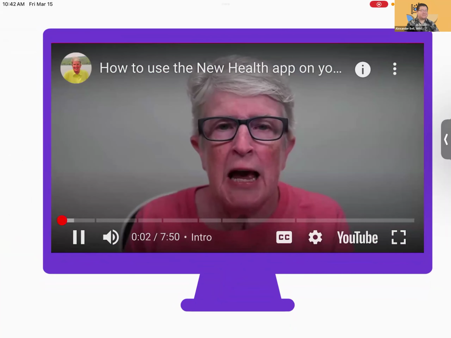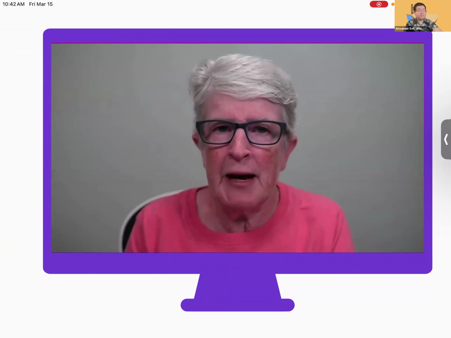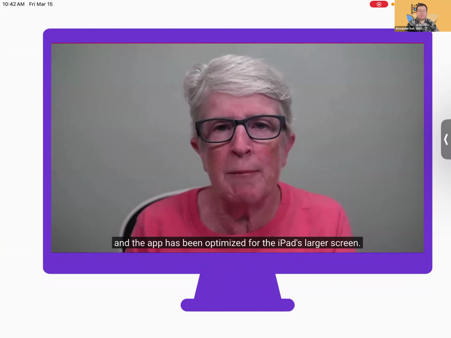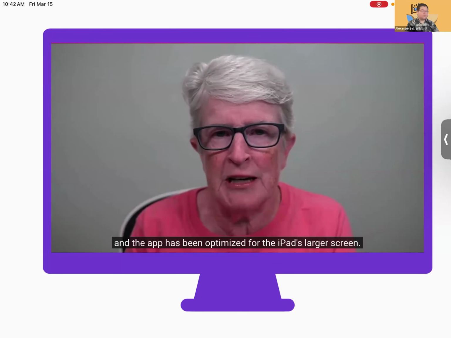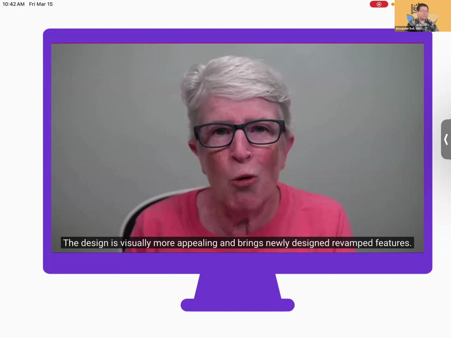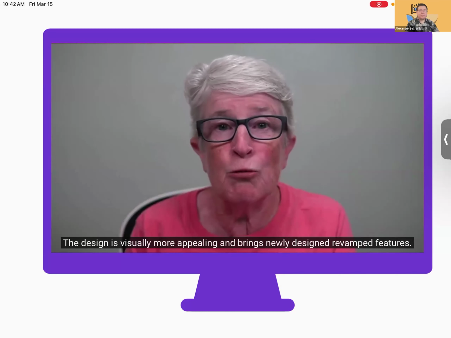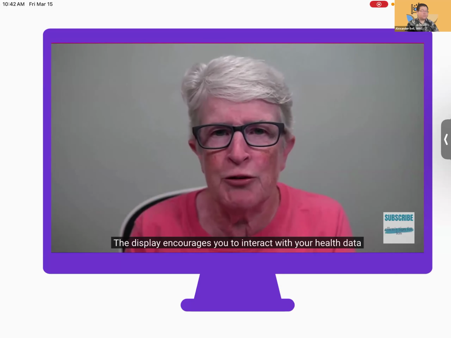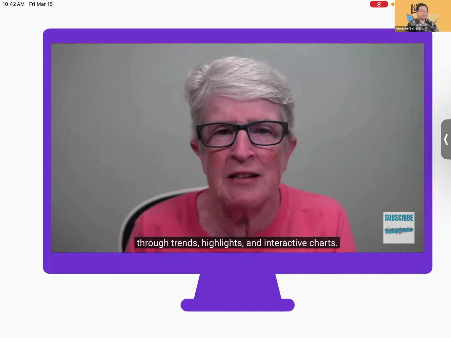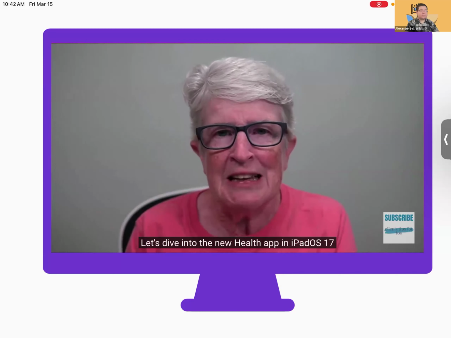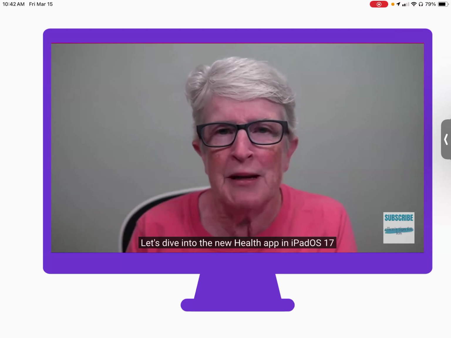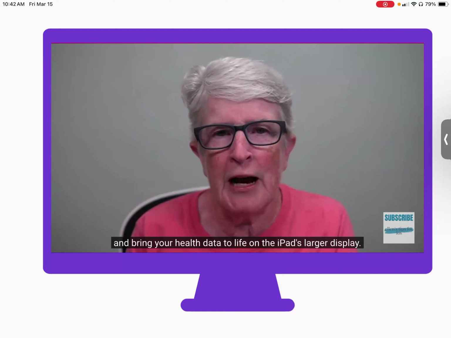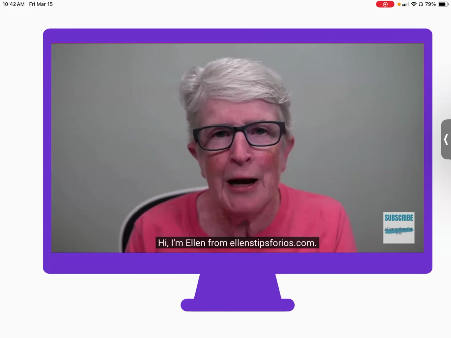With iPadOS 17, Apple has brought the Health app to the iPad. It gives users the ability to track their health, and the app has been optimized for the iPad's larger screen. The design is visually more appealing and brings newly designed revamped features. The display encourages you to interact with your health data through trends, highlights, and interactive charts. Let's dive into the new Health app in iPadOS 17 and bring your health data to life on the iPad's larger display. Hi, I'm Ellen from